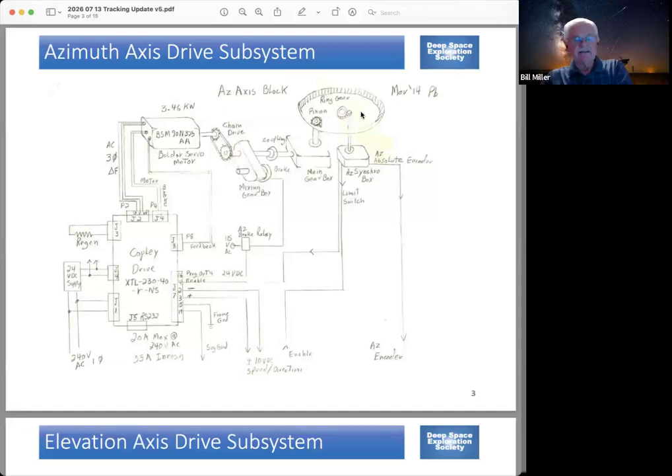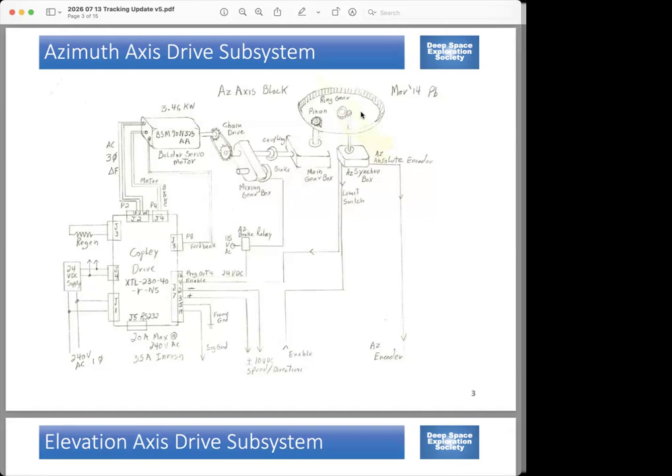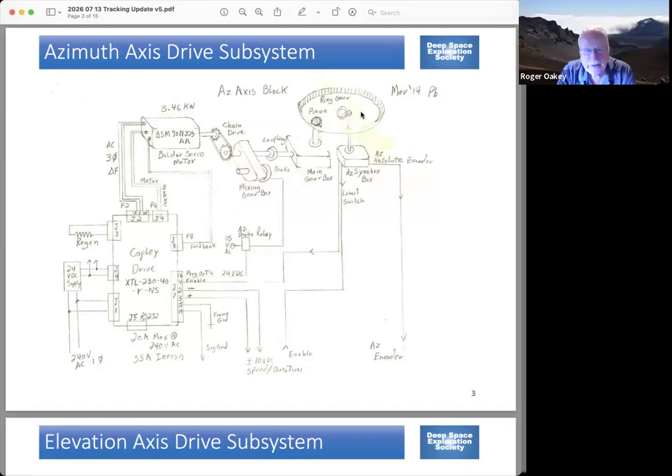I'd say 10. 10 feet across. And when you go up on top, if you need to climb up to the elevation axle, you go through a hatch and you actually climb through inside of that ring gear. Also, the brake that's there is a dead man brake, which means the brake is applied when there's